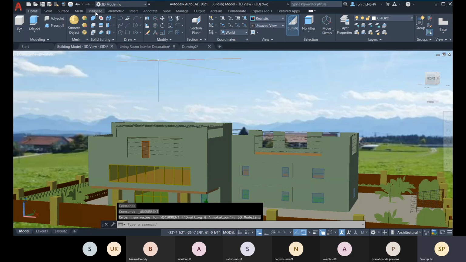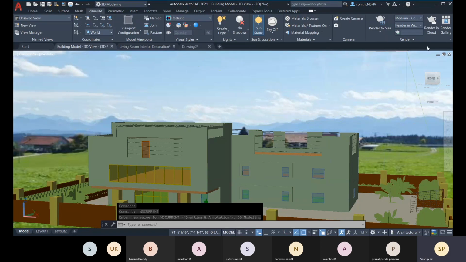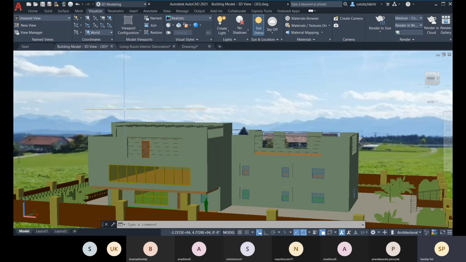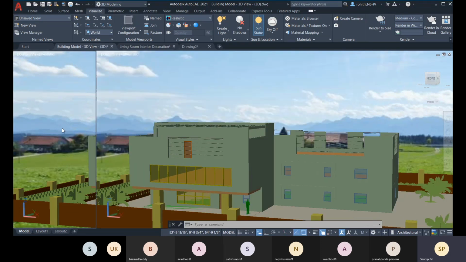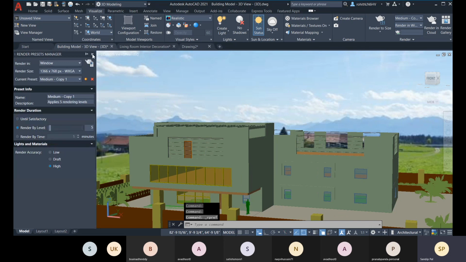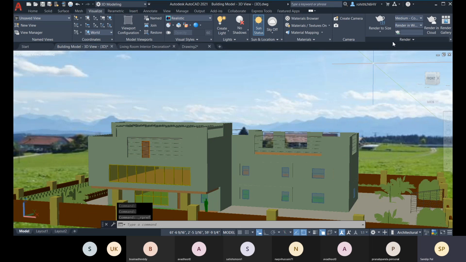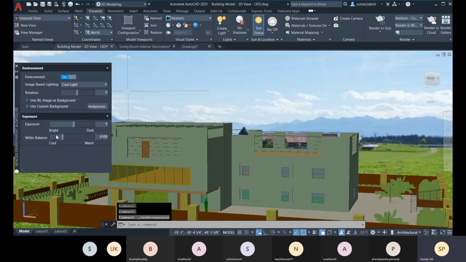Come to this visualize tab, and here you have set the background. As for the background, you can control the exposure as well. For that, open that render environment window. You have this render environment.